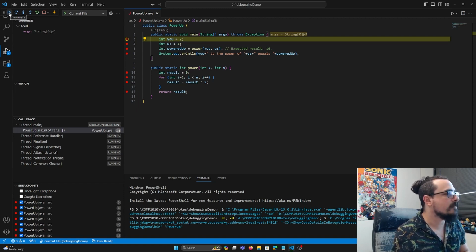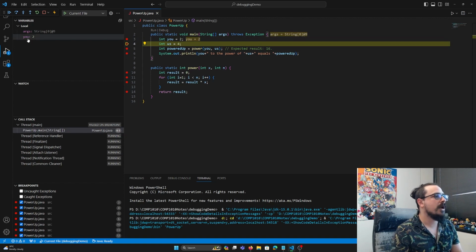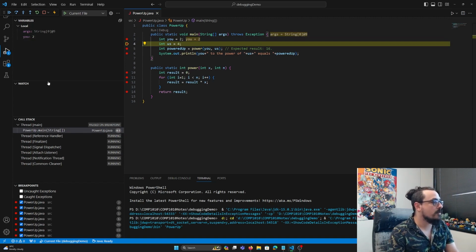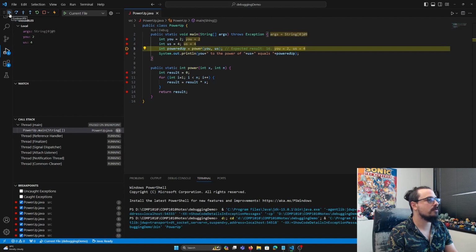So if I hit that button there, as you can see, we've jumped ahead one line, and here we've got our u variable, and its value of 2. This is also shown here in your main, in your code editor. It can be a bit overwhelming, I think, to have it everywhere, so I generally just stick to looking here, but it can be helpful. Okay, so that's fine. Next one, that's fine. Okay, so then when I hit continue here,